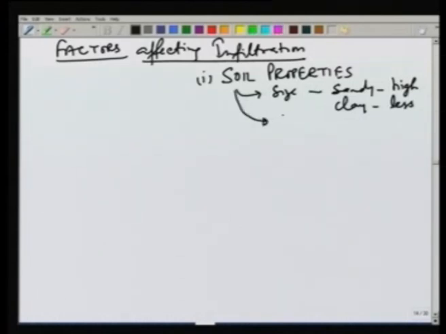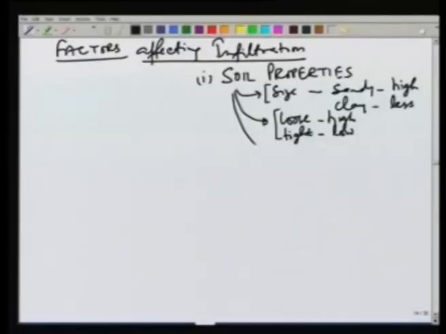Then loose soils typically have high infiltration, and tight soils will have low infiltration. So, size, larger size, high infiltration. Packing, if it is loose, typically we will have high infiltration. Then we have permeability. High permeability would mean high infiltration,